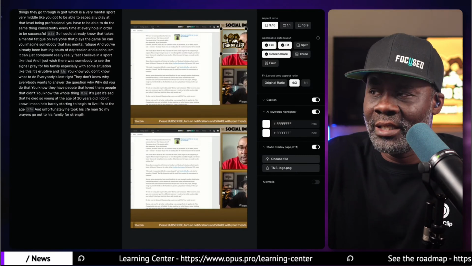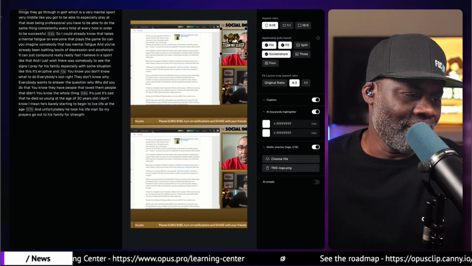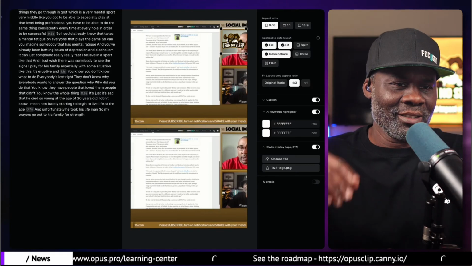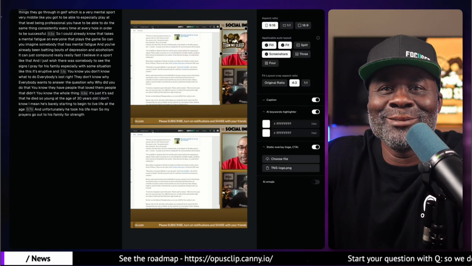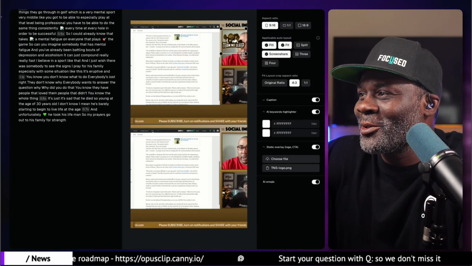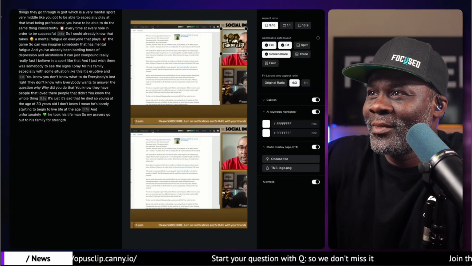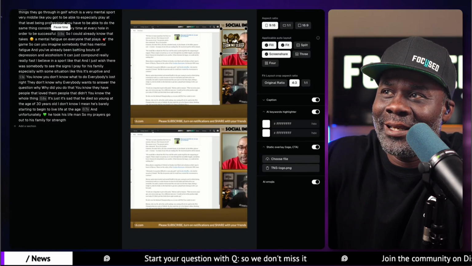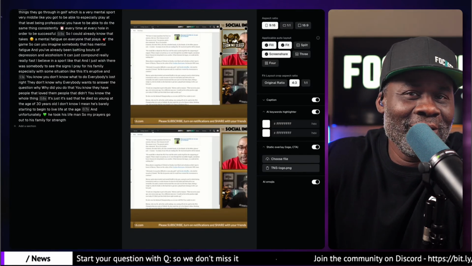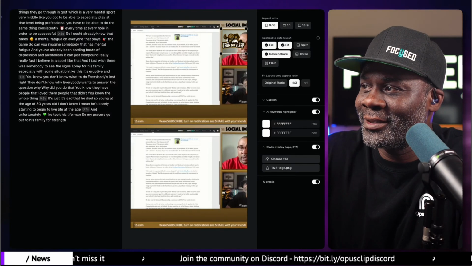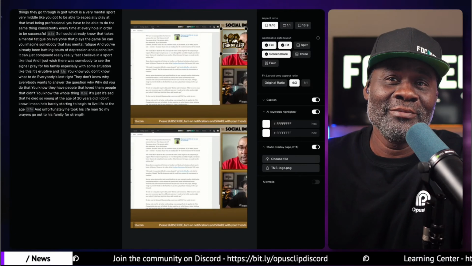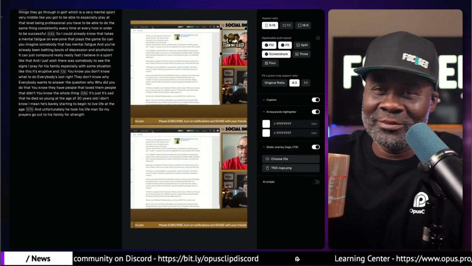And then AI emojis, you can have those on or off. I typically, this is just me, I guess I'm strange like that. I have AI emojis turned off, but to each their own. If you turn it on, I'm not the guy to have the smiley faces and the hearts and the 100. So I personally turn those off. But again, if that's what you want to do, you do you.